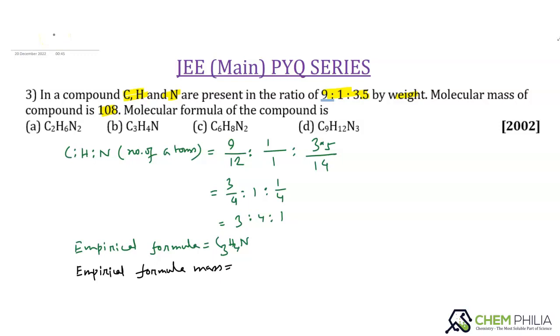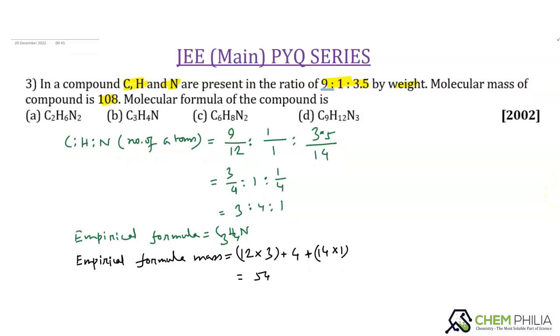Is equal to 12 into 3, because 3 carbons are there. Hydrogen is 4 and nitrogen is 14 into 1. So it means 12 times 3 is 36 plus 4 plus 14, that is 54 is the empirical formula mass